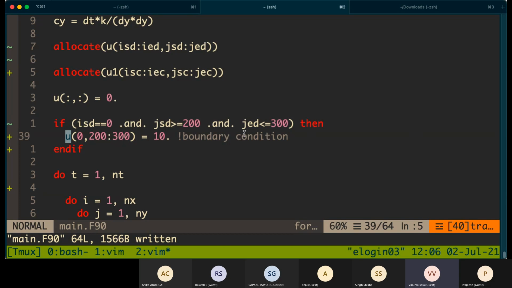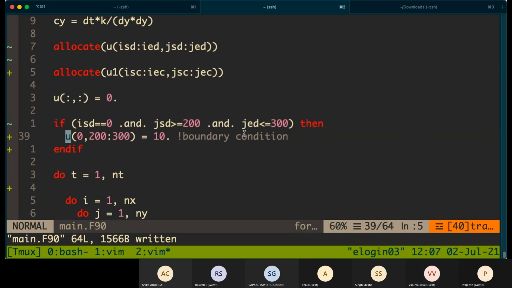Okay. So in Fortran 90, you can start any array from any index, even negative indexes are possible. Now, is there any other environment variable or any variable readily available to get the values, in this example 200 and 300, other than JSD and JED? Any other array available to get the index of this 200 to 300?